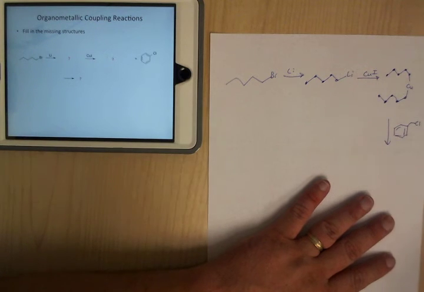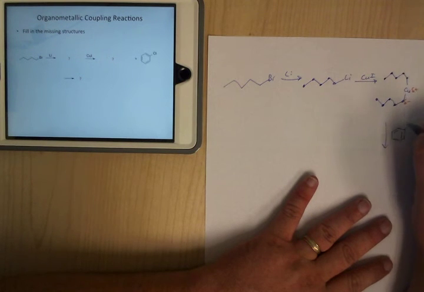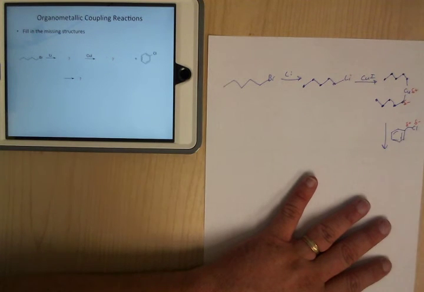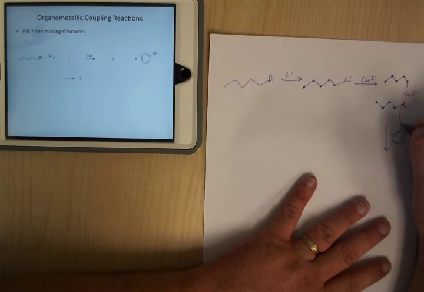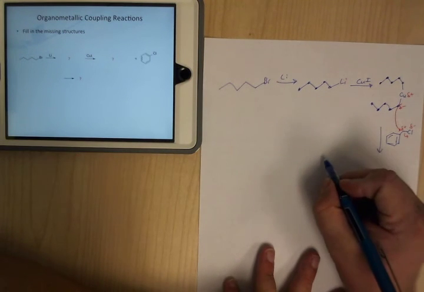chlorine like that. So remember, this is electronegative, electropositive, electropositive, electronegative. Just from this is going to come down and attack here, kick this off. So you're going to end up with